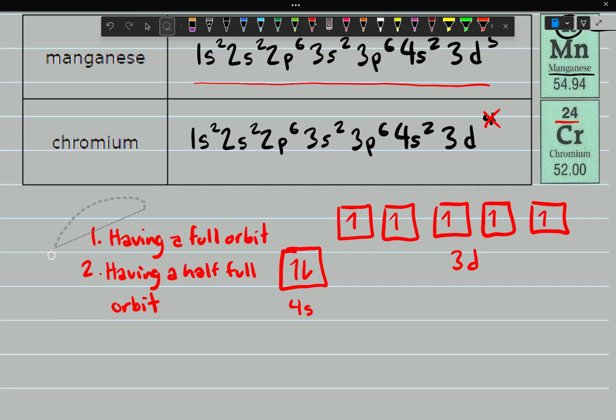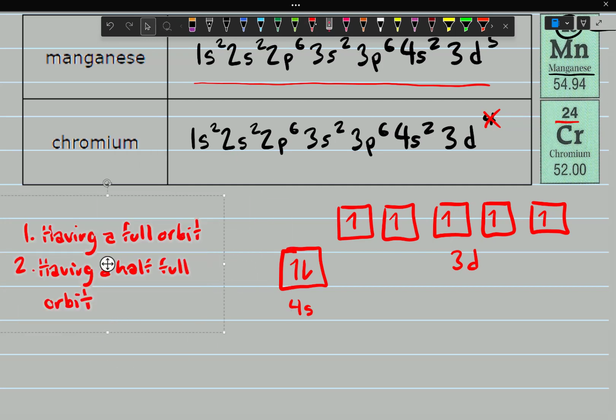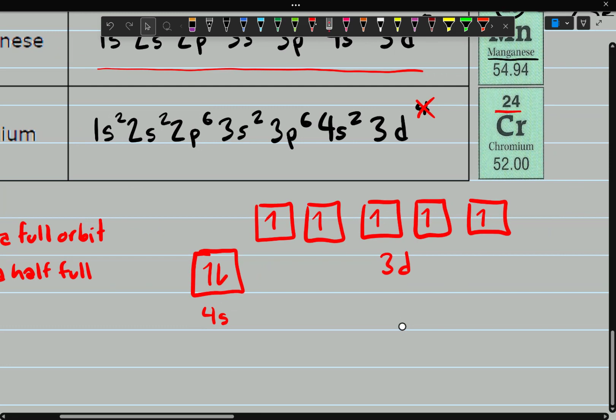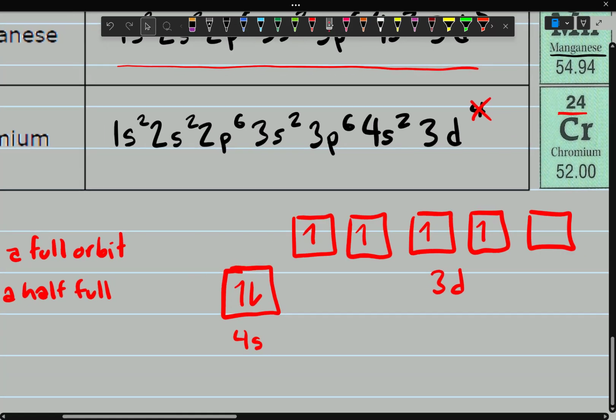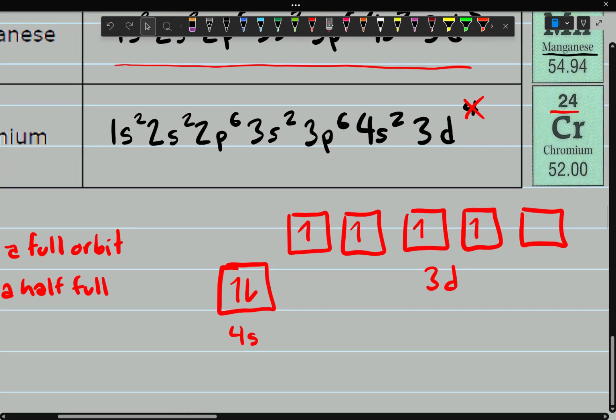So if we look at chromium, the way chromium would be represented in this incorrect configuration here is that it would look like this. It would look like the 4s orbital is totally full, and then we have 1, 2, 3, 4 half-filled orbitals, and then a totally empty orbital over here. But as it turns out, that is not how the electrons are going to